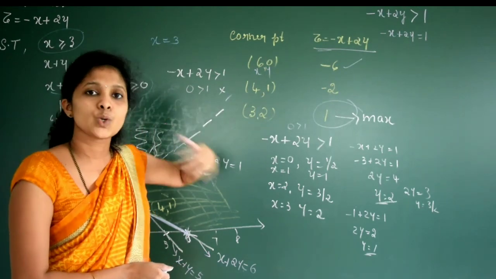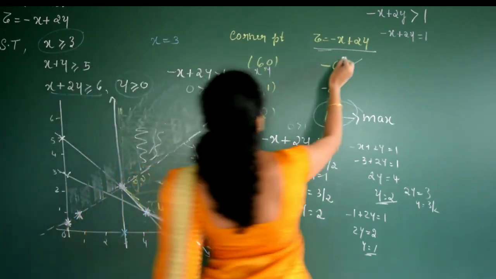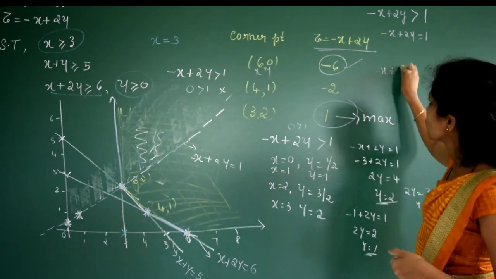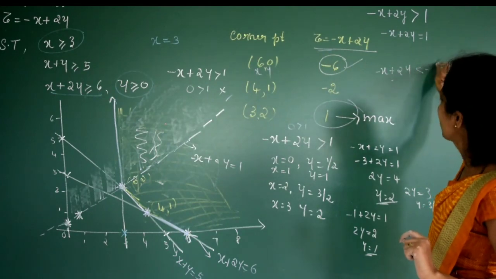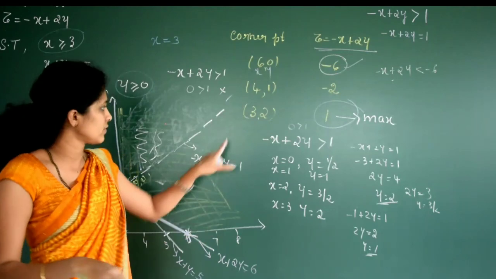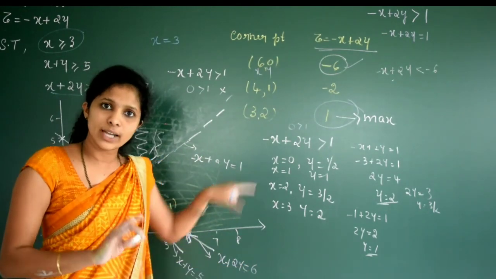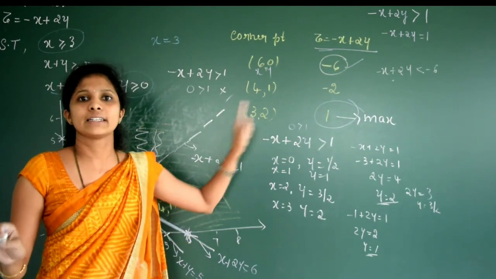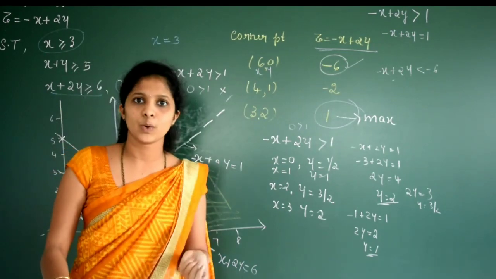Is it clear? To check the minimum value, if you want you can check this. The minimum value here, -6, is the minimum value, right? So what you can do? -x plus 2y. Actually this was not asked. Okay, if you want you can solve. This will be less than -6. Then check whether this graph has a common region with the original solution region. If it has, then it is not the minimum. If it does not have any common region with the solution region, then we can say that it is the minimum value. Is it clear? Actually the bounded problems are very important.